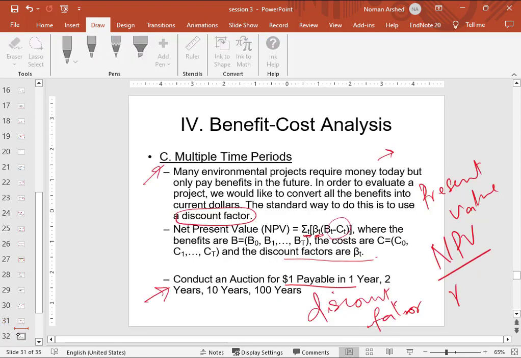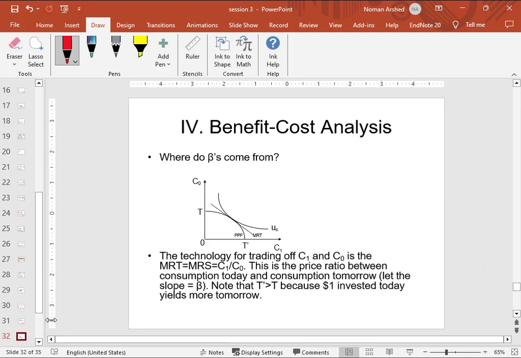Next we talk about how we calculate the beta. If we have the production possibility frontier from the seller and the indifference curve from the consumer, and this is the MRT, so we compare consumption today and consumption in the future. If we compare that, the MRT will tell us how we substitute consumption today with consumption in the